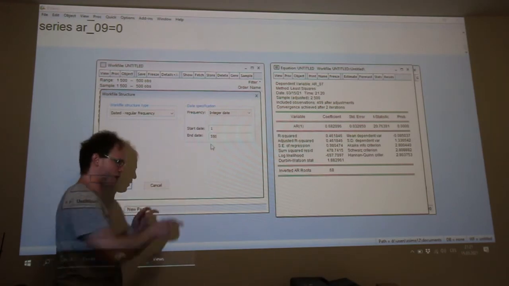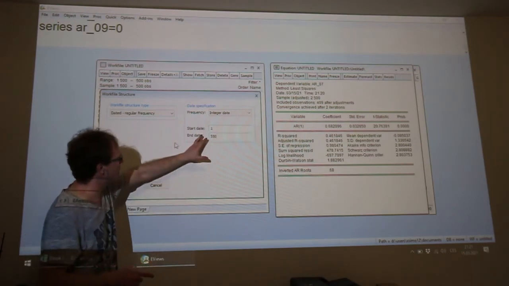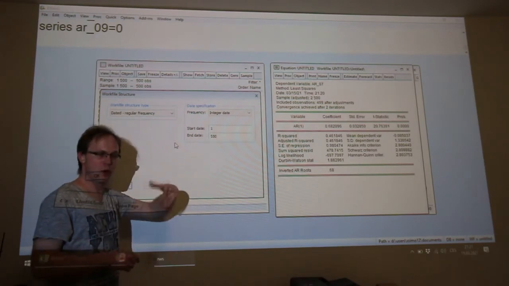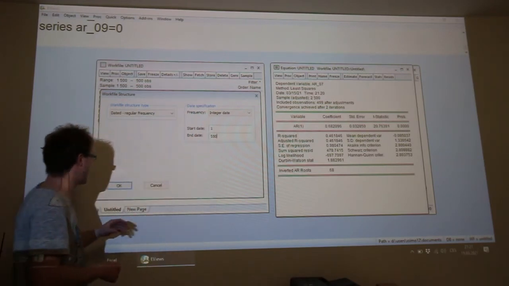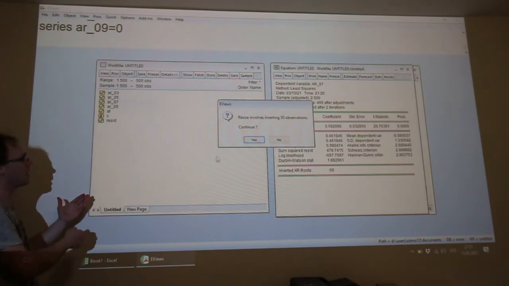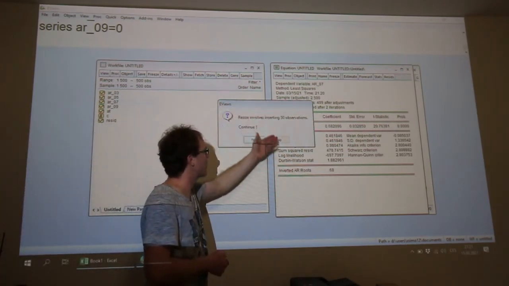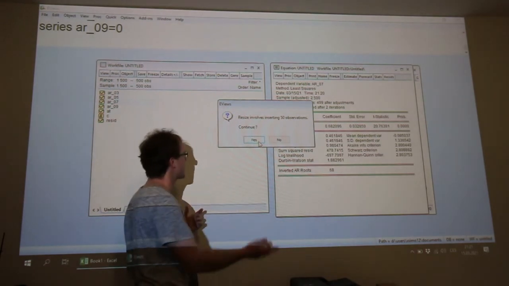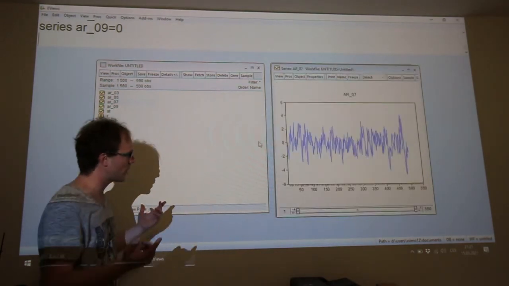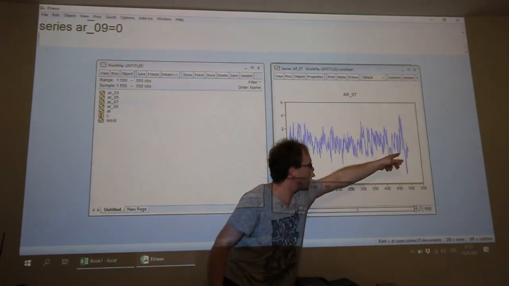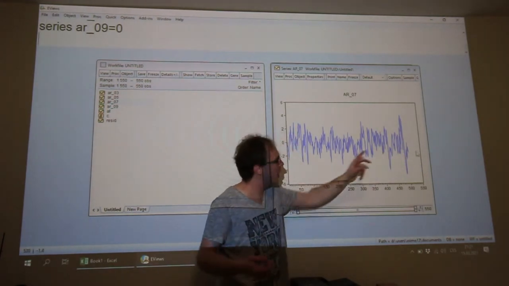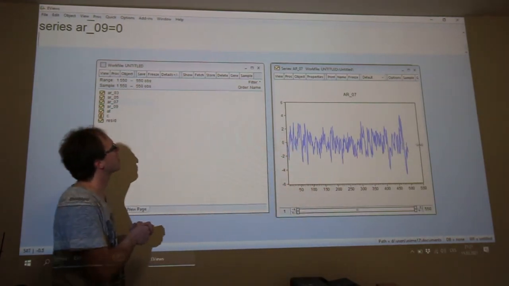Instead of 500, we will write 550 observations, like end date. We'll click on OK, and there is a message that resize involves inserting 50 observations. Yes, I want to continue. So you can see there is a space now for the calculation of prediction.